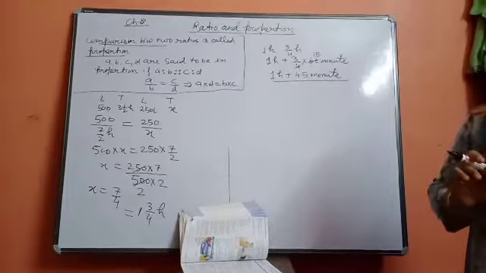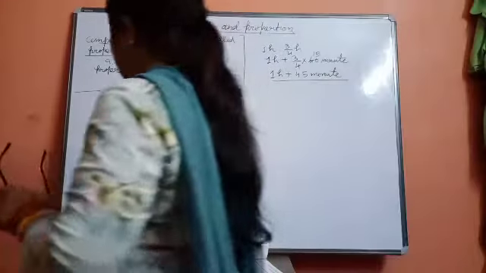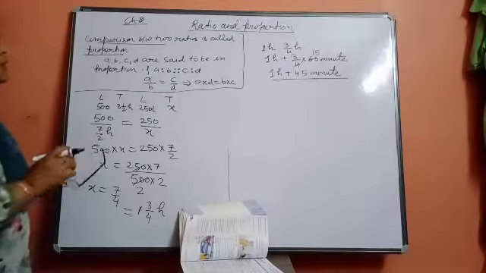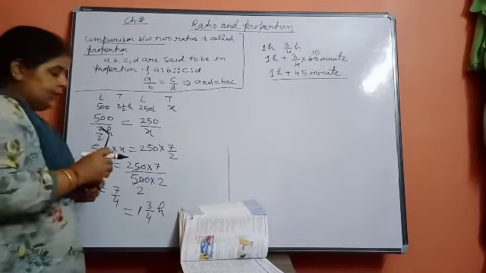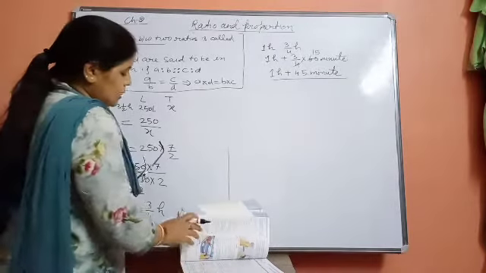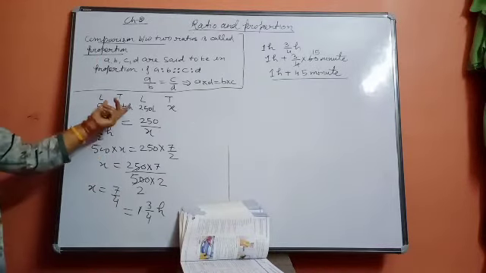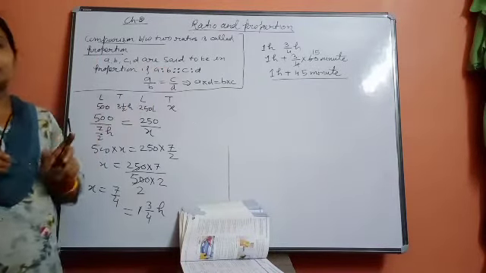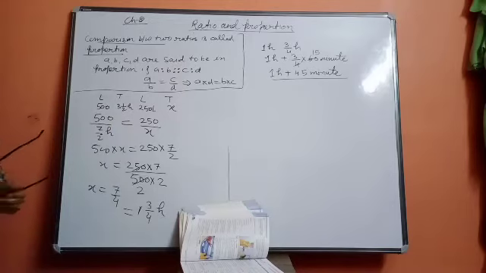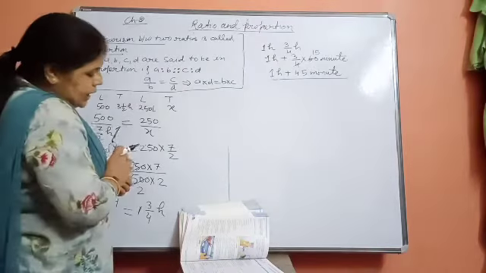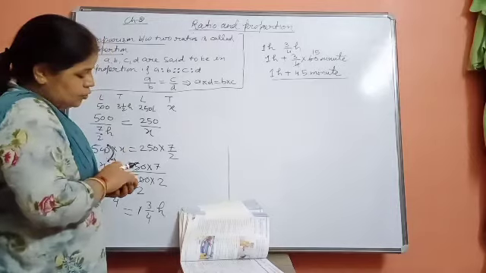So it is an easy method to do the question. Suppose if you are finding difficulty with the unitary method, which previously we did directly, then this is the simple method. By the proportion method you can do the question. Just see, one more question I am going to do by this method, so that you may understand.